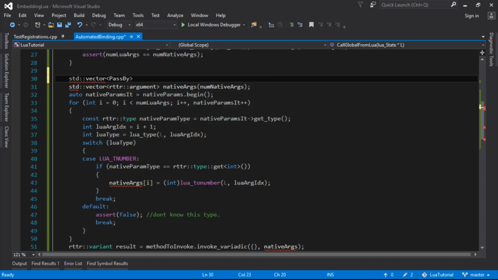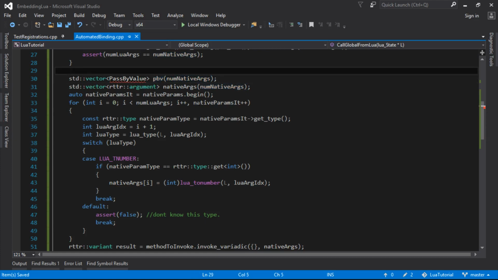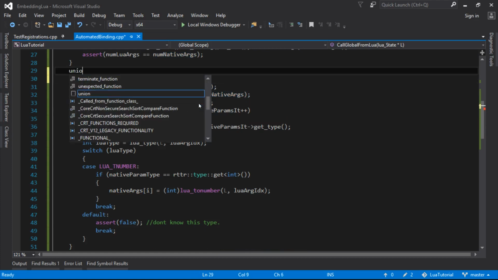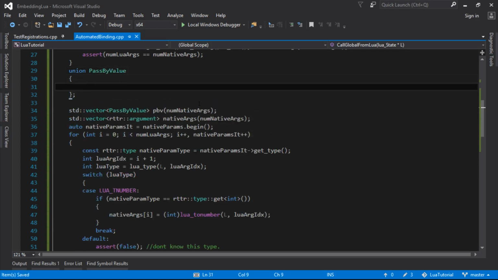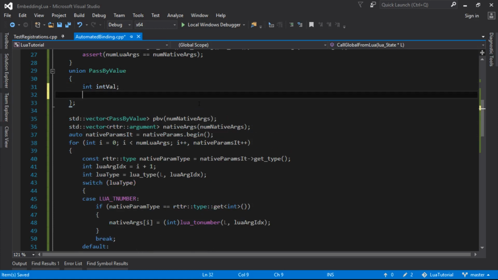So what I did was I just created an array, and this is where we're going to store the stuff that we get out of Lua, just temporarily until the function's been invoked, and then we can remove it. So I'll call this pass by value, and again we can initialize this with the number of native args, because we know we can't ever possibly need more than that. And I'll make our pass by value a union. And in there we'll put our int value, and also in here you could have a short value